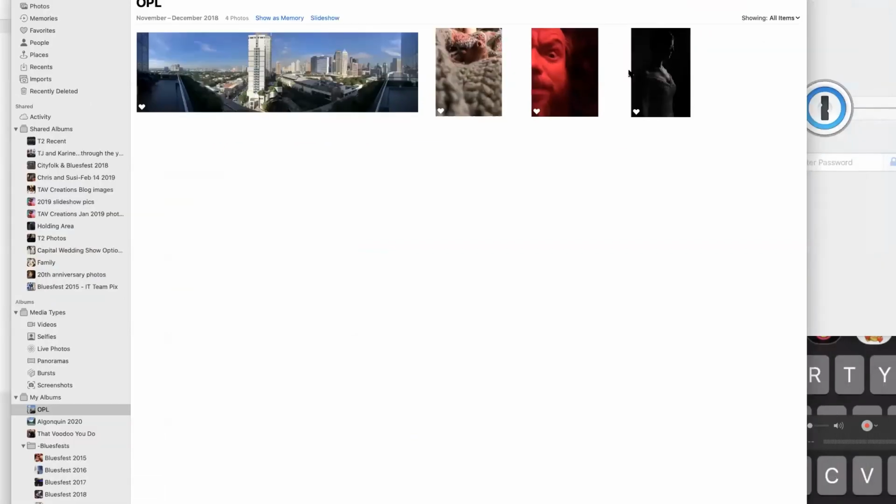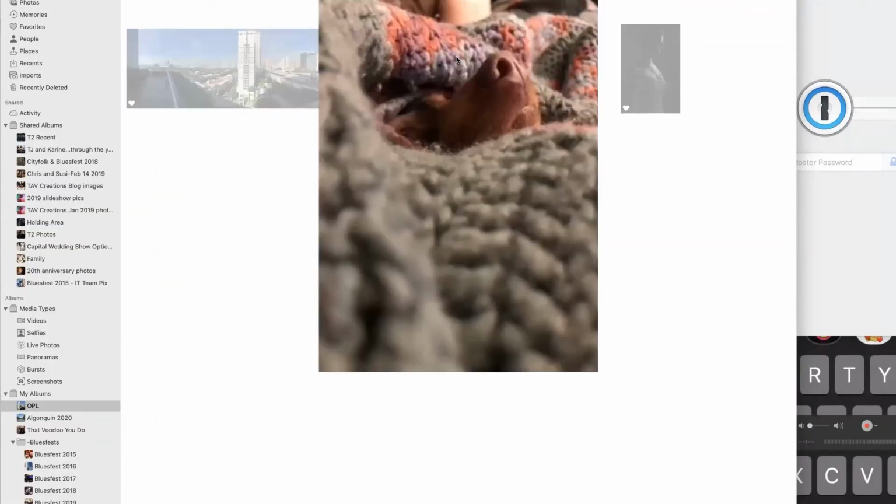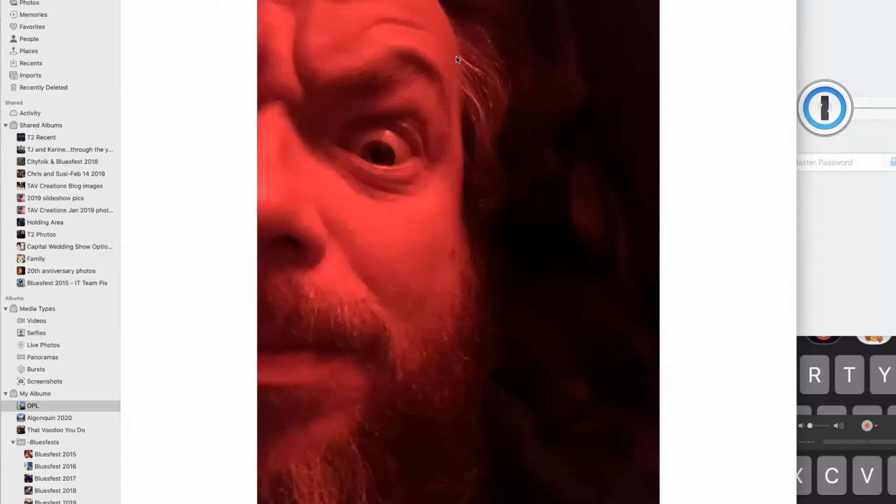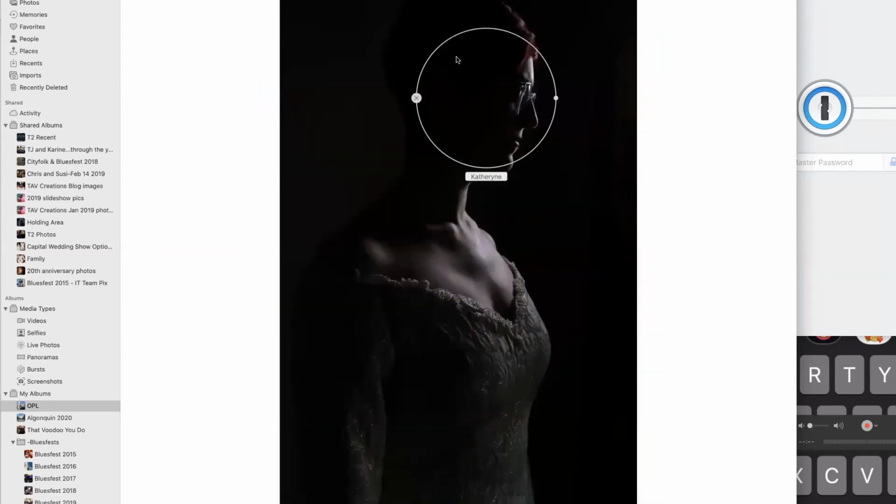Okay, so, lighting and angles. No one can dispute my dog is adorable. And if you use lighting, like in this case, you can see I'm making a googly eye, but I'm also bathed in red, and that has a bit of a weird look. Then you have photos like this, where I'm taking the picture and dialing it all the way down, and really I was just dumping a ton of light on her when I took this.